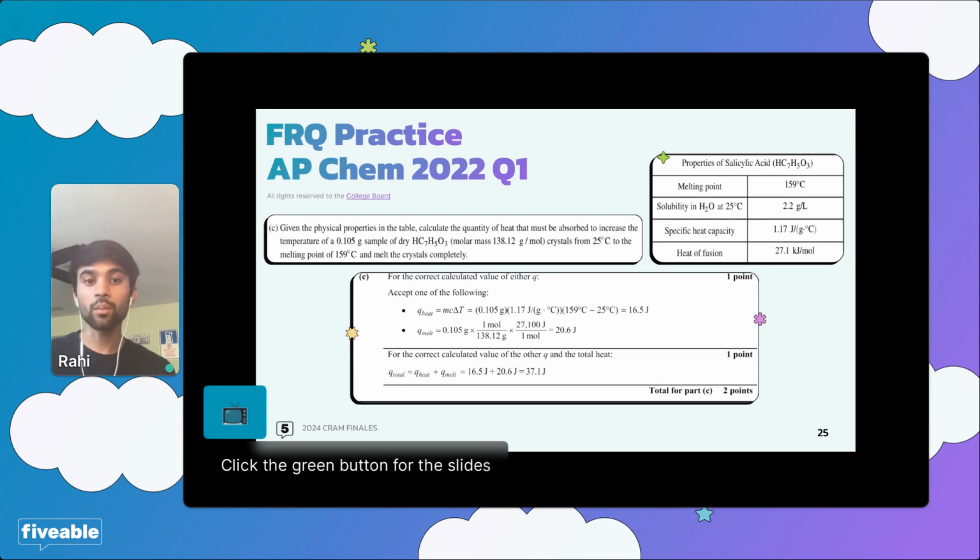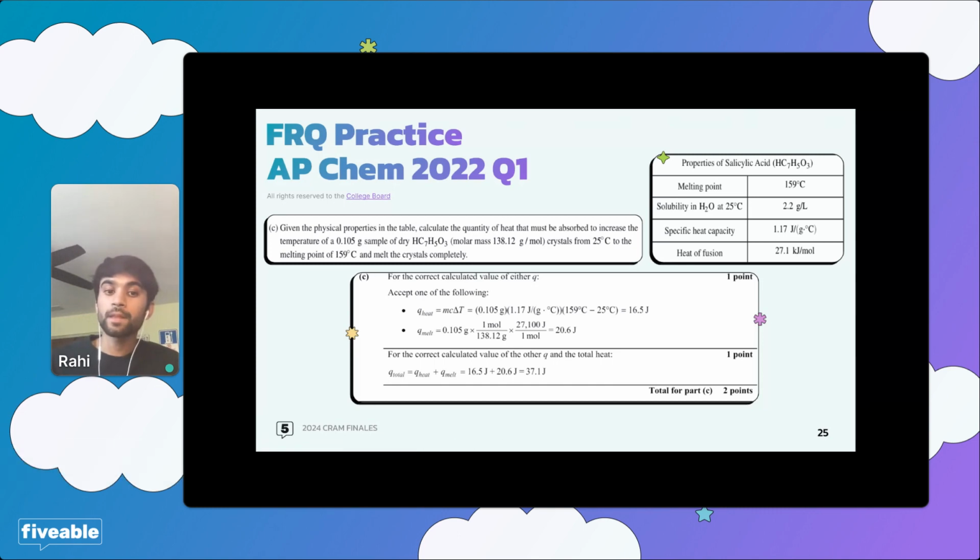Okay. So we're going to calculate. We have two things here. We have a heating and a melting occurring, right? So that means we're going to use both our equations. So our total is going to be the addition of the amount of joules of energy from both the equations, right? So in the end, we know that we're going to add these two things together. So let's look at the first one, right?